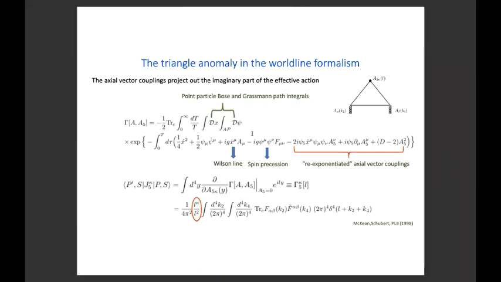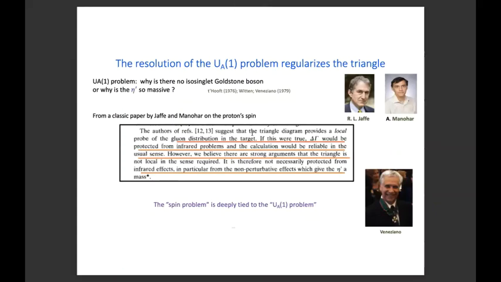Because they were not done off forward and made kinematic approximations like collinear and high energy approximations, they missed completely the fact that there is this pole here that one has to handle. And this was something that was actually noted by Jaffe and Manohar in the classic paper. And so these authors that he's referring to are Collins, Mueller, and Qiu, and also Altarelli and Ross. So really well-known people. But they claim that what they did is not quite right.